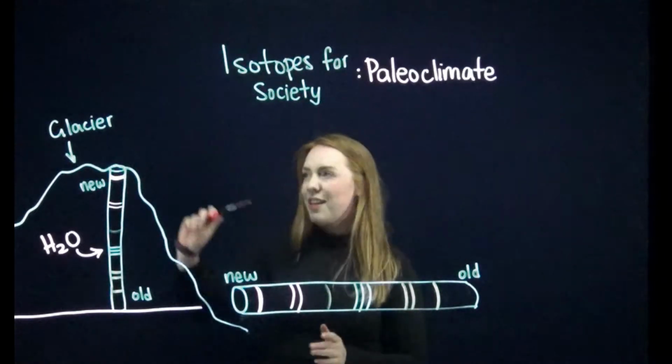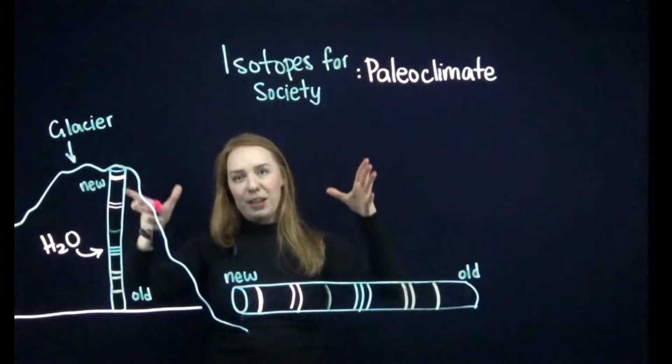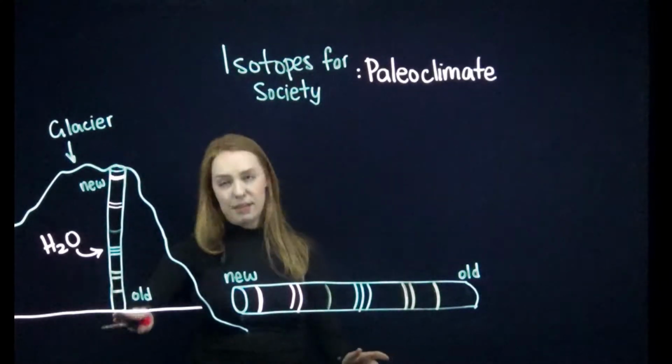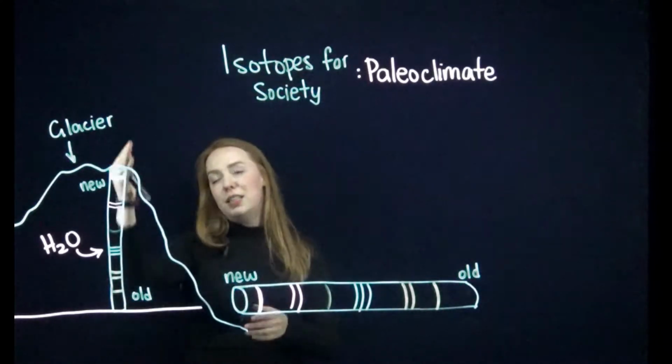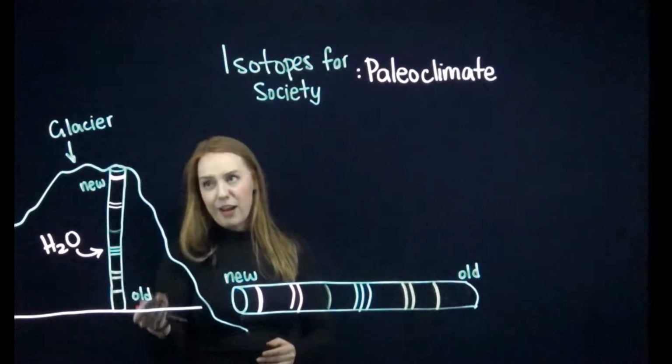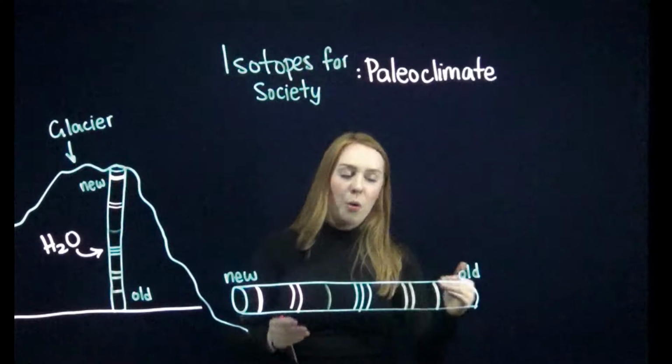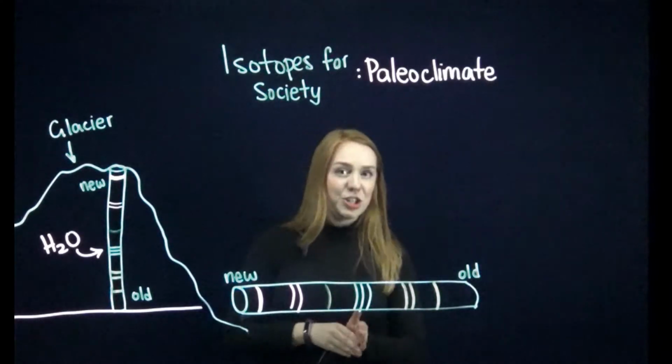So what they do is find a nice glacier and take a big drill all the way from the surface down to the bedrock underneath to capture the entire history of this area. They put it in the truck and bring it to the lab, where they can then examine the isotopic ratios and